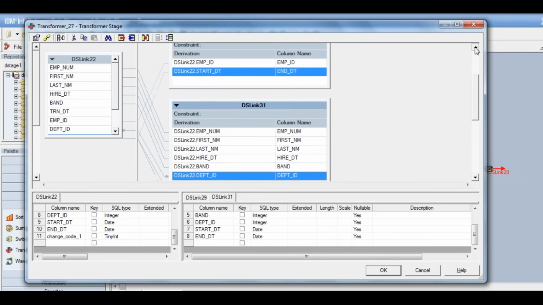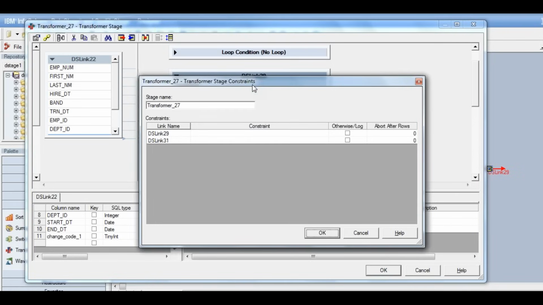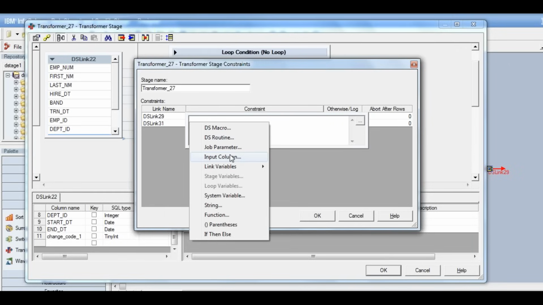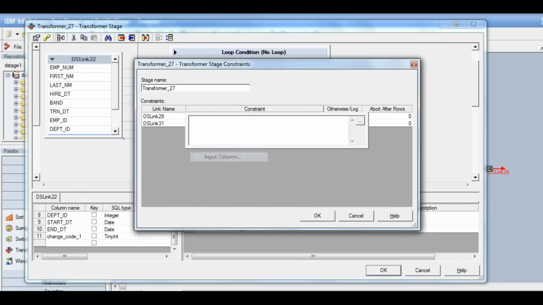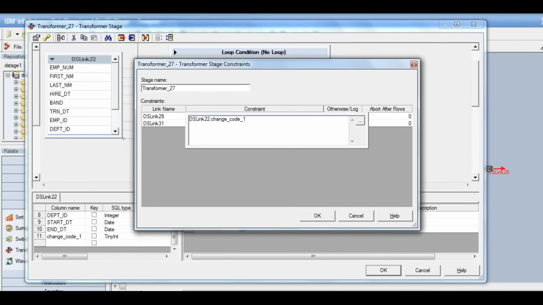So now we've defined the columns and how they'll be updated or inserted in the table. The next thing that we need to do is define the constraint. The constraint is whatever output we have got from the change capture stage. That output, the results, are captured in the attribute change code. So again, go to the input column, select the change code,